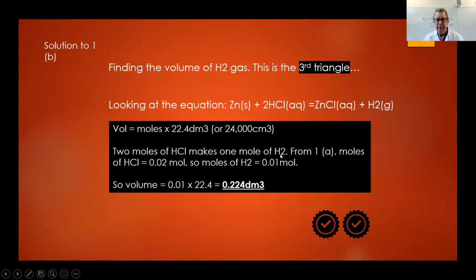Here we are. Now the moles of HCl was 0.02. So the moles of H2, 2 to 1, will be half as much. 0.02 becomes 0.01, and the volume will be 0.01 times 22.4, which is 0.224 cubic decimeters, because the question said,